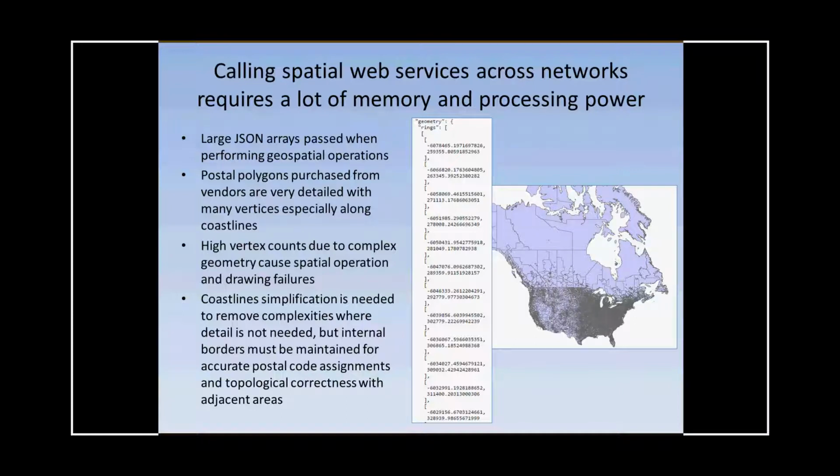So in the web services, JSON is used to pass this information across, which is large formatted text of the geometry. The postal code polygons we purchase from vendors are very detailed, especially along the coastlines. They have high vertex counts, which makes it really difficult to do these operations across the network. So a coastline simplification process is needed to remove the complexities, but also maintain the internal borders, where we